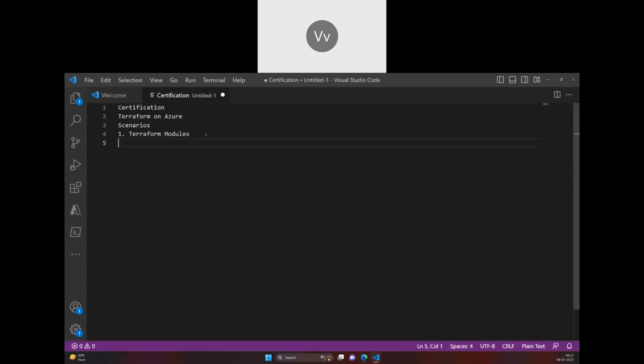Now this will be also a bit of a similar scenario, but a different architecture. It's primarily not about building an architecture, but how we utilize modules to the core and make things happen. The other one which I could cover here is Terraform on cloud. We will deploy the infrastructure using Terraform Cloud, and we'll talk on that.